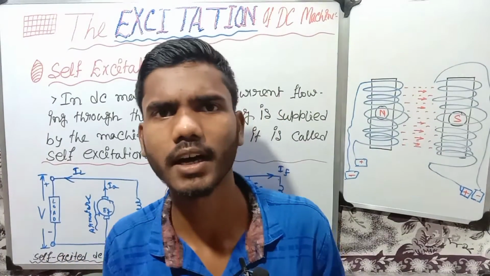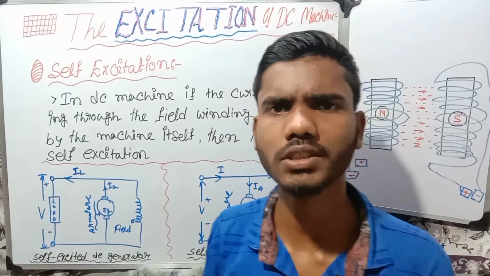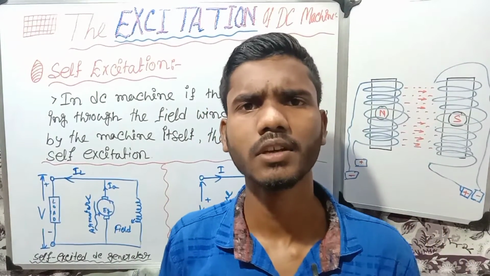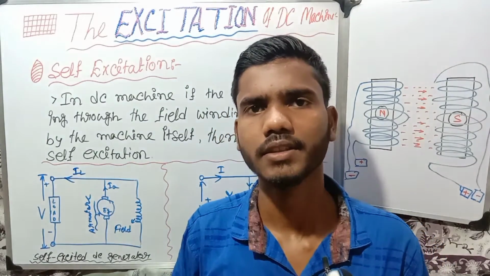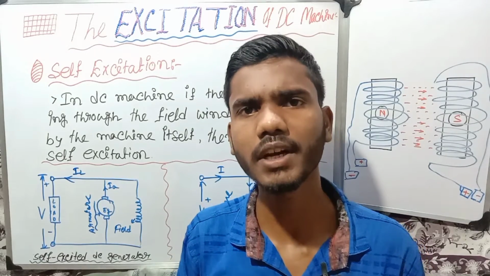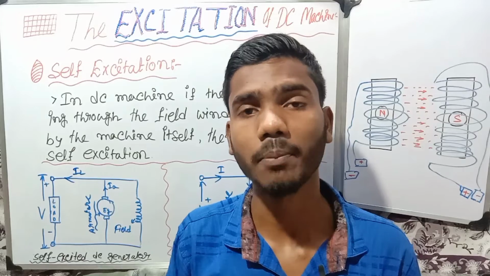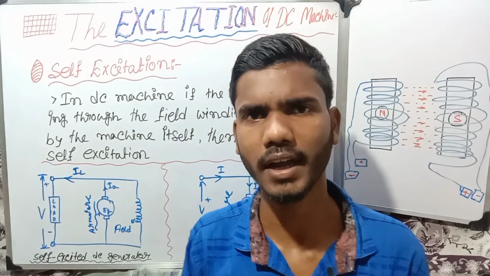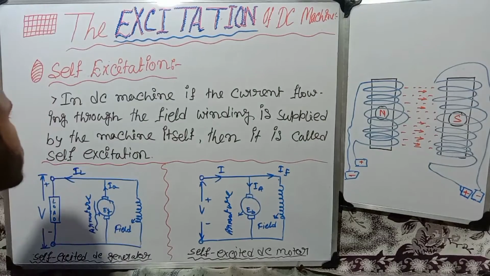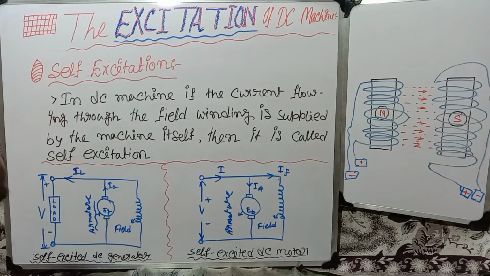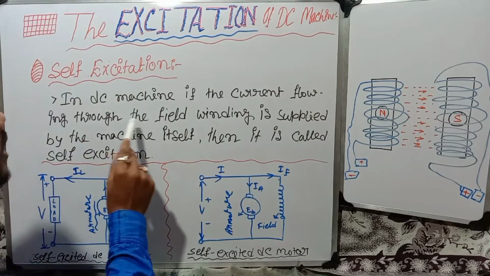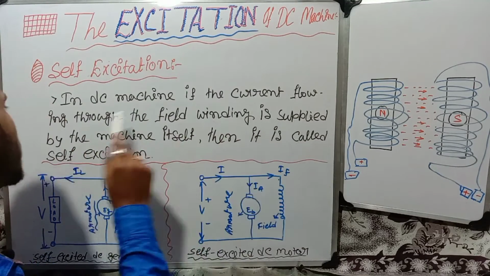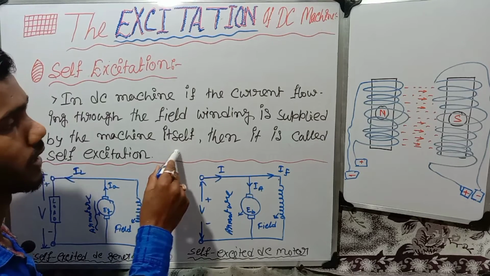Now we will discuss the self excitation of DC machine. Self excitation, this term we can easily understand: the machine armature and field winding supply current are the same, right? So let's see what is the self excitation of DC machine. In DC machine, if the current flowing through the field winding is supplied by the machine itself, then it is